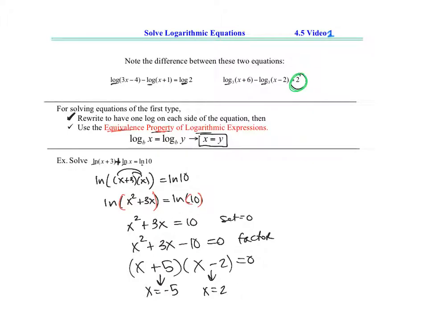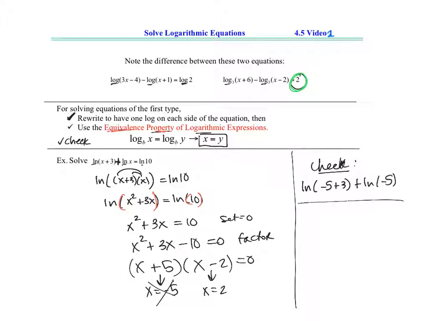Now, it's really important, our final step here is always to check. With logarithms, the final argument needs to be positive, and so often one of these x values isn't going to actually be a true solution. So let's just double check. We've got ln of negative 5 plus 3 plus ln of negative 5. That doesn't work because the argument on both of these would be negative, so that's not a true solution. Let's try the other one. Ln of 2 plus 3 plus ln of 2 is supposed to be equal to ln of 10,